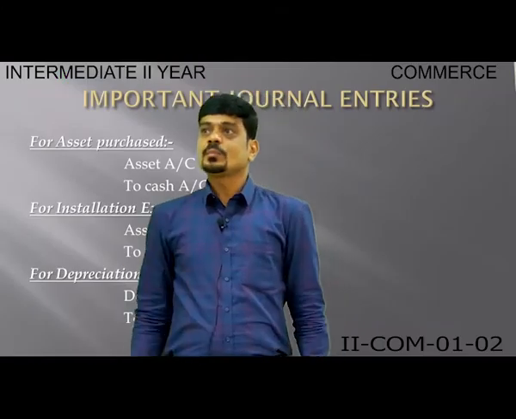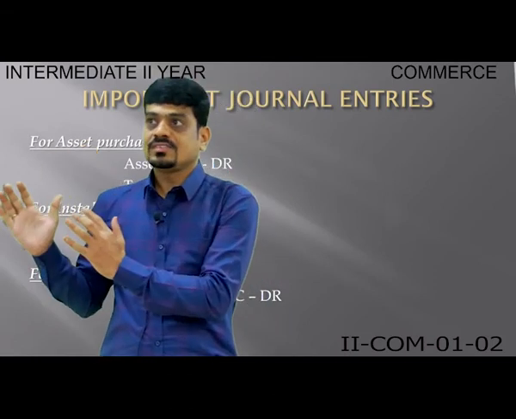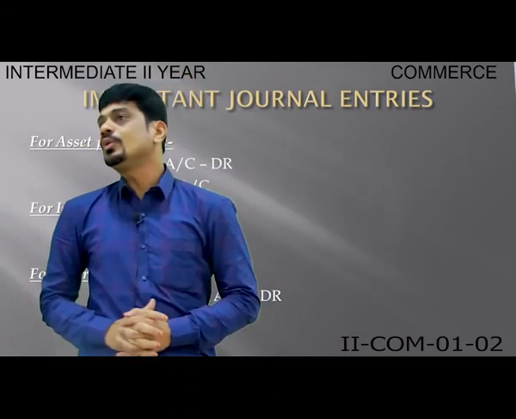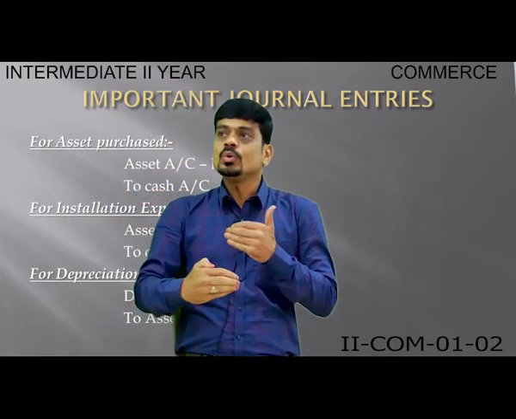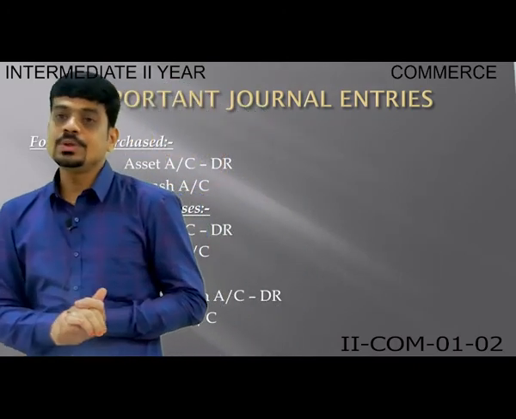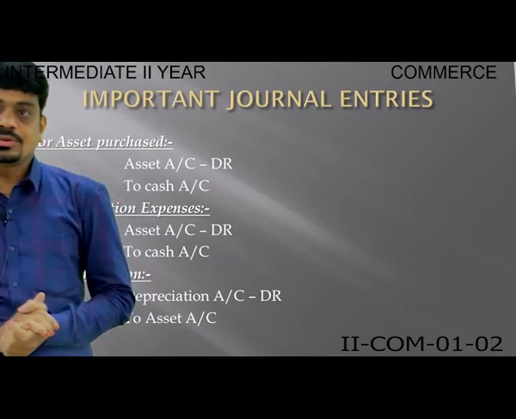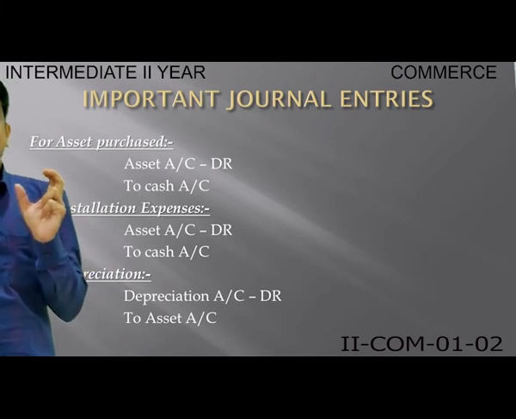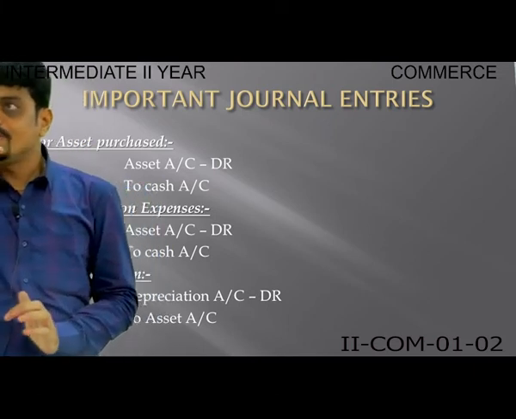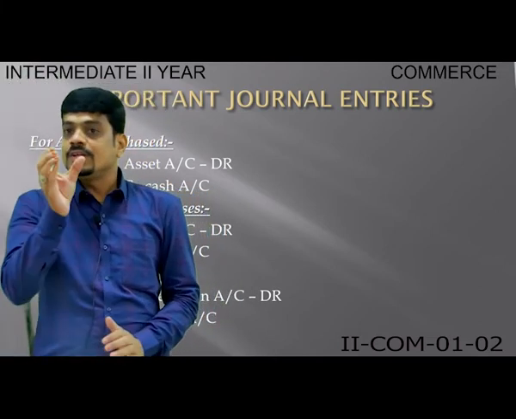Having seen the three important questions, now we are going to learn some important journal entries, which are going to guide us in doing the account. Which account did I tell you about in the beginning of the class? Asset account. That is, we are going to follow completely the rule of real account. Let me give you the rule of real account in a nutshell for revision: debit what comes in, credit what goes out.